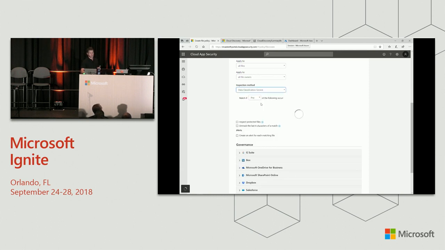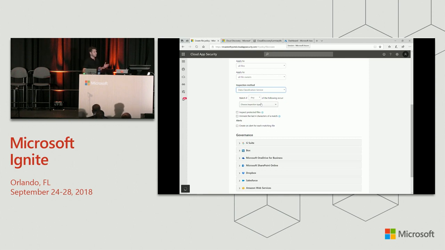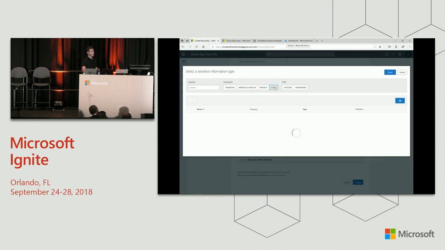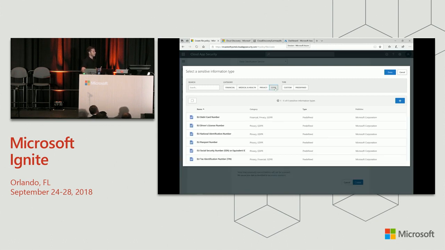What we've added recently as part of the Microsoft Information Protection approach is the data classification service. This service is a shared service that is unified for Office DLP, Azure Information Protection, and Cloud App Security, and provides you with consistent classification of the data. So whenever you see sensitive information, you'll see it across all of the different surfaces and across all of the different engines. And as you can see here, we provide 90 sensitive information types out of the box.